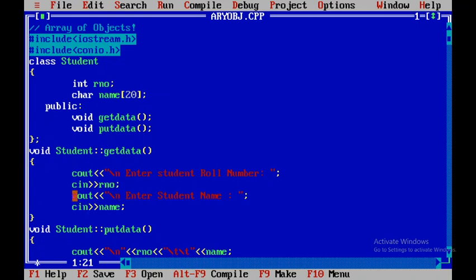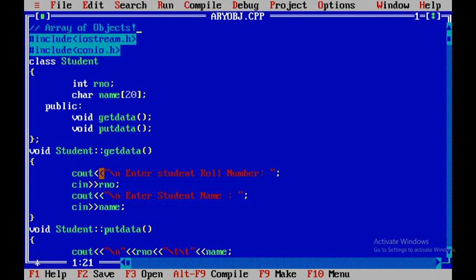Similarly, to accept the value of the next data member, the instruction is written: enter student name. As a response, the user has to give the name of the student object. So cin name. After execution of getdata, the data members will get initialized for the student object.